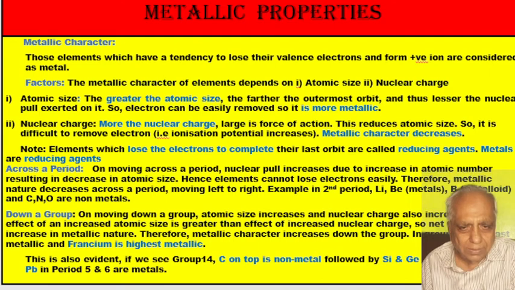Now if we go across a period, how does the size vary? The size will go on decreasing because of more nuclear charge. The electrons are attracted towards the nucleus. So if we move along the period, the size will decrease, which means metallic character will reduce. You can see that lithium is on the left-hand side and the halogen fluorine is on the right-hand side, highly non-metallic. Gradually the metallic character is reducing. Is it all right? And what will happen to the charge? Nuclear charge will increase as we are moving,